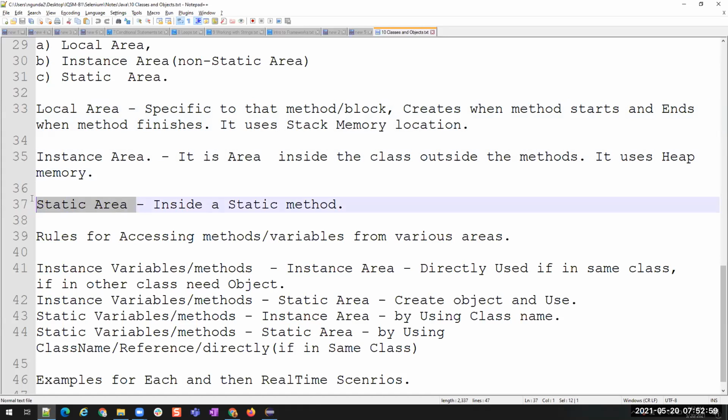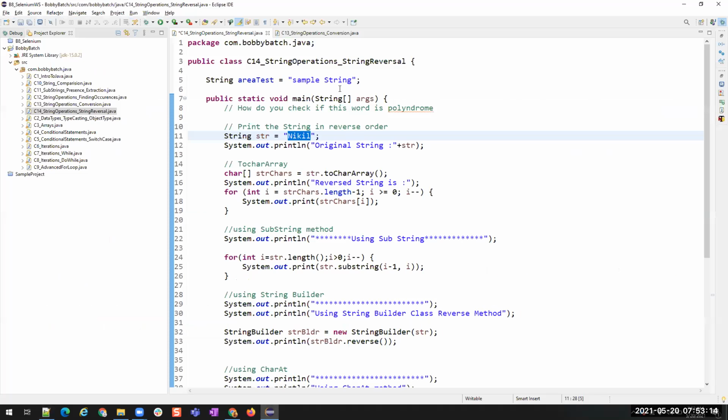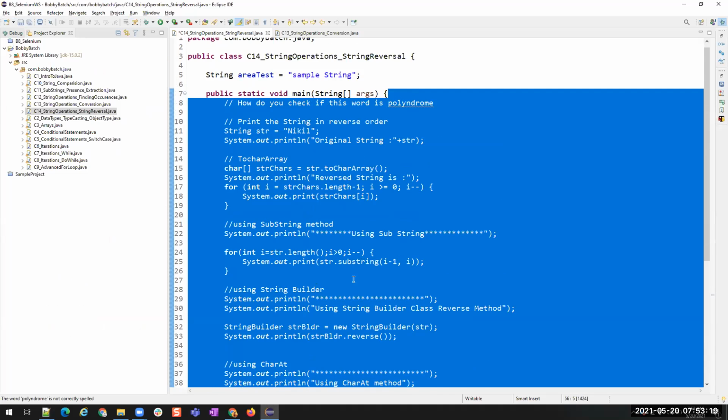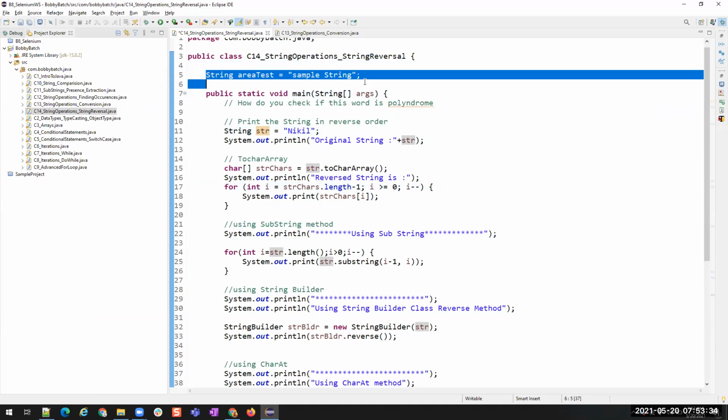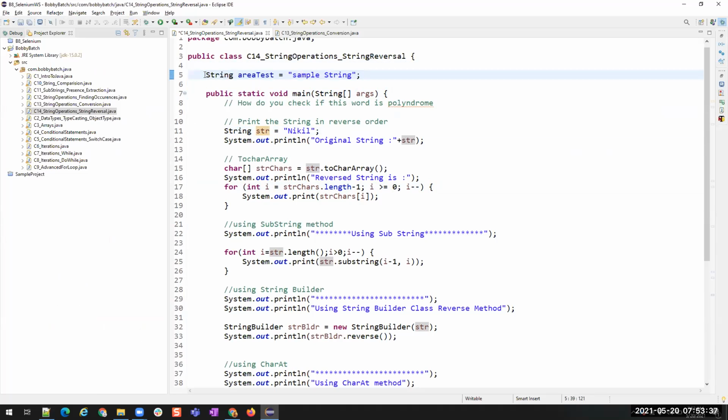Okay. So what is static area? The area inside a static method is called static area, and any member using the keyword static is called a static member. That is what I have shown you here as well. If we have the static keyword, whatever is present inside that method becomes static area. So whatever is present inside the static area is a static member, sorry, not static variable, it is a static member. Now, this keyword is present outside of the static area and inside the class, and it does not have a static keyword used here. So this will become an instance member.